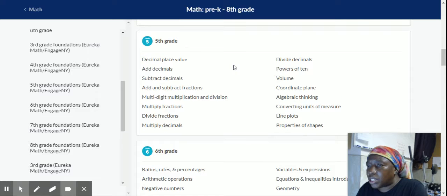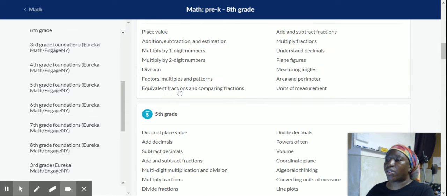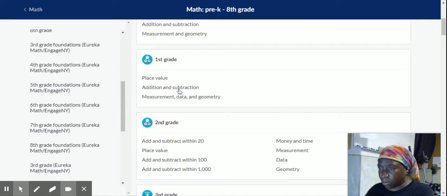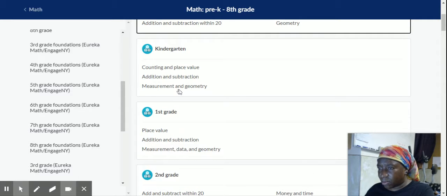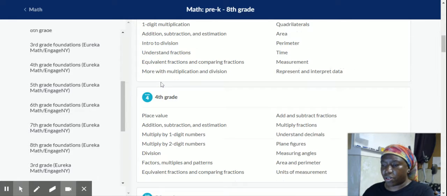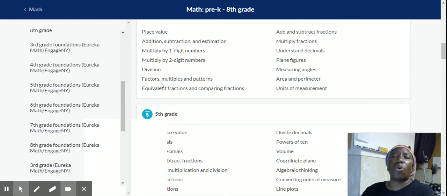Okay? So let's see what the 5th grade has to offer. Okay, decimals and place value. Adding decimals, subtracting decimals. See, now when did you learn how to add and subtract? See? Kindergarten. So the same stuff that you learn in kindergarten and in pre-K is right down here in 5th grade. It's just adding on.